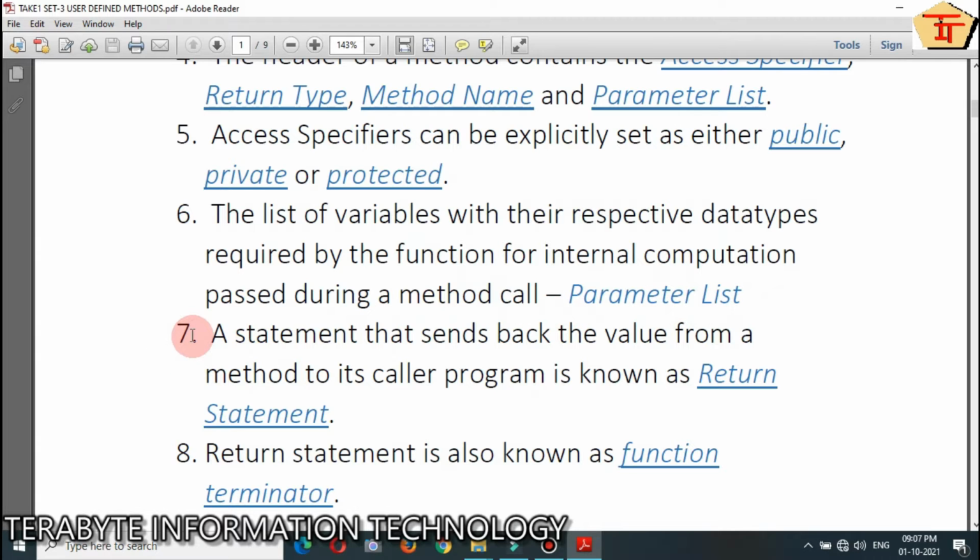Question number 7: a statement that sends back the value from a method to its caller program is known as the return statement.